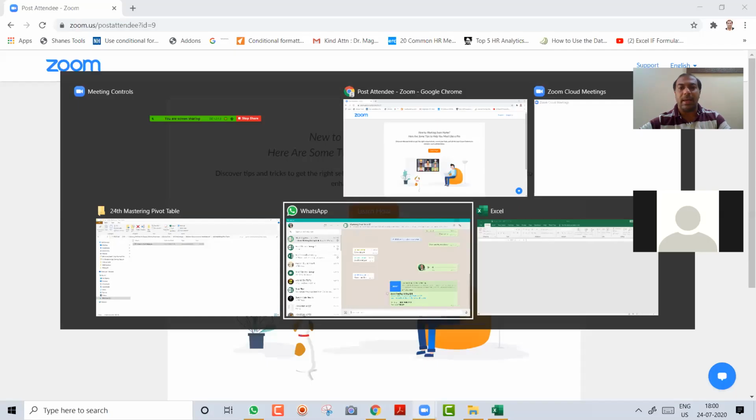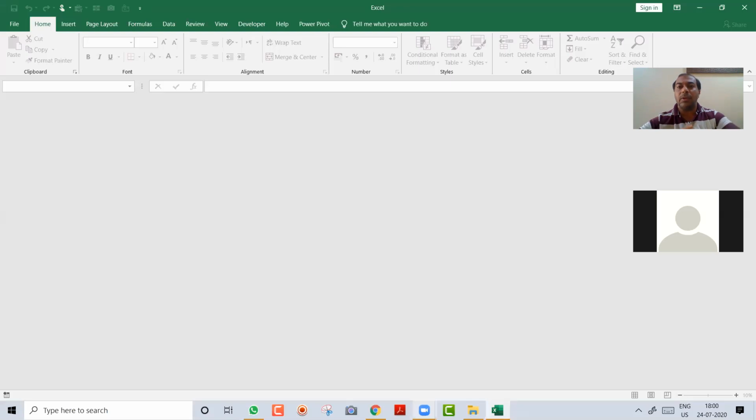The first step is that I will now start sharing my screen with all of you. In the chat box you can just type yes if you are able to see my screen. Okay, audio is very clear, you all have confirmed. So I am sharing my screen and now I am opening the Excel. Are you all able to see my blank Excel screen, friends? Perfect. I will quickly check the messages.